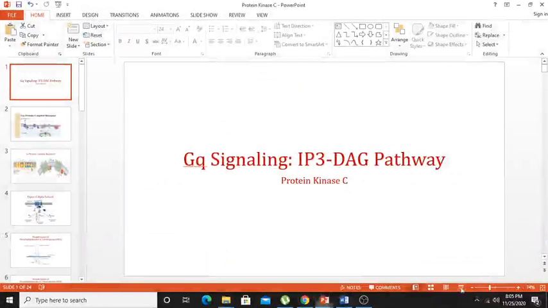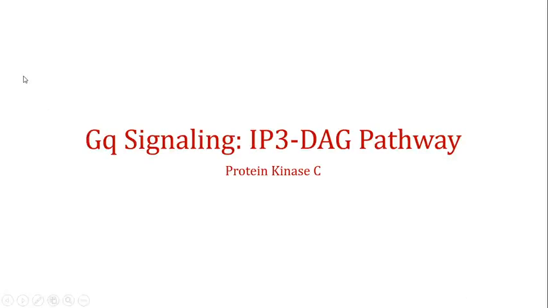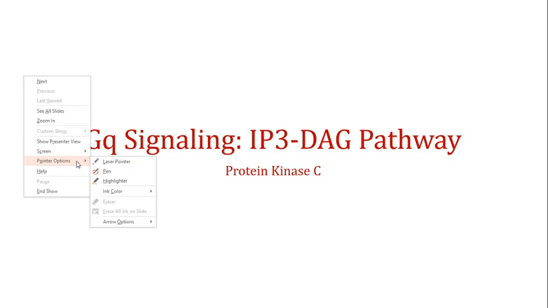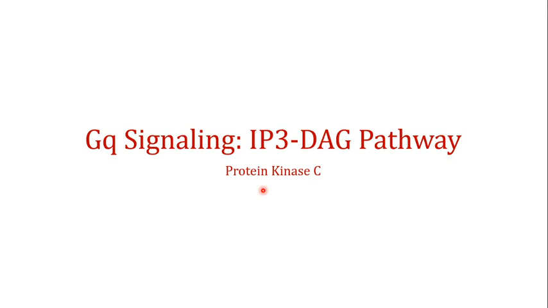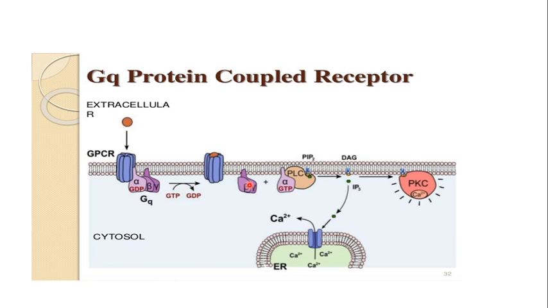Welcome back to this next video, and this is part 2 on the G-alpha Q signaling through the IP3-DAG pathway, and we were discussing the activation of protein kinase C as an example of the serine threonine kinases. A quick reminder of what we discussed in our first video is that when the ligand binds to the G protein coupled receptor, the alpha subunit moves from the GDP into the GTP form, and the alpha GTP then goes and activates the phospholipase C, which is responsible for the breakdown of the PIP2 into the IP3